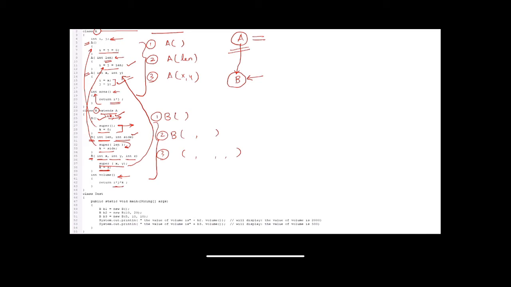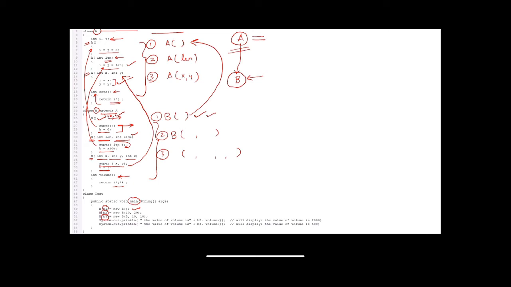Now let us see my main method. In my main method, I have created three objects B1, B2 and B3. In my B1 object, I am calling a default constructor. So this constructor will be called, which will first call the parent constructor. The values of I and J will be initialized to 0, and then the value of k will be initialized.